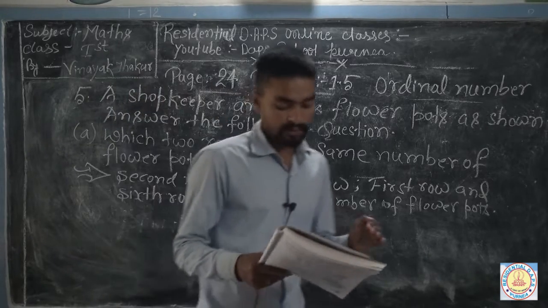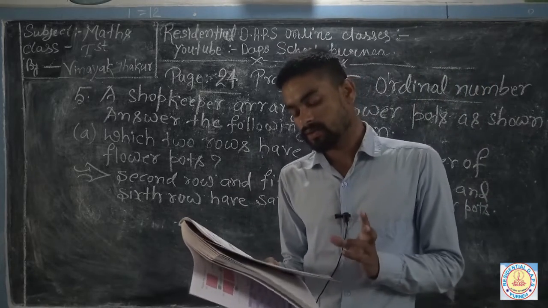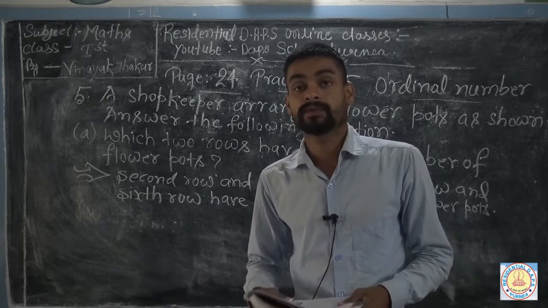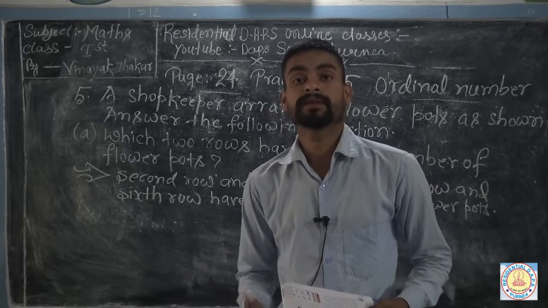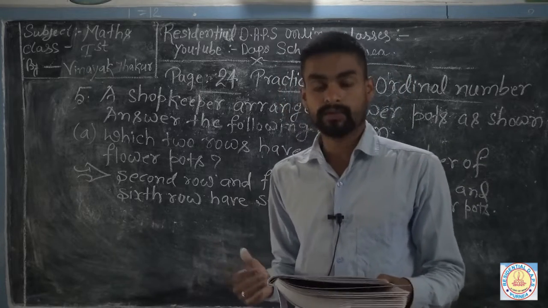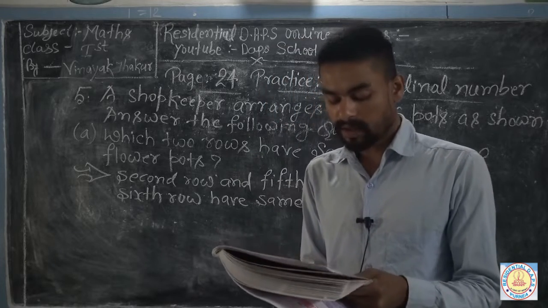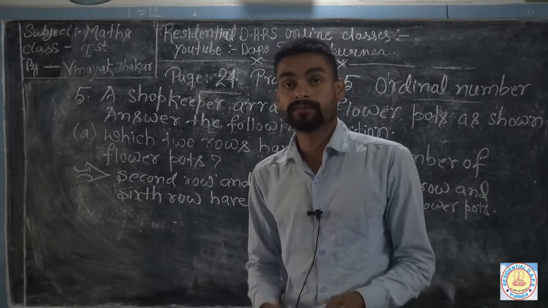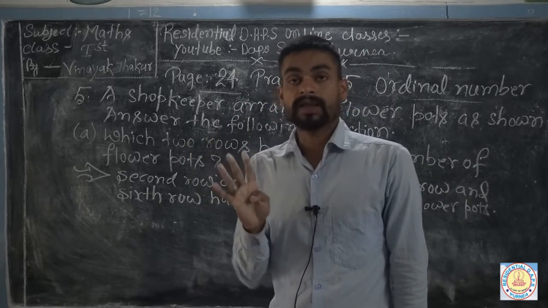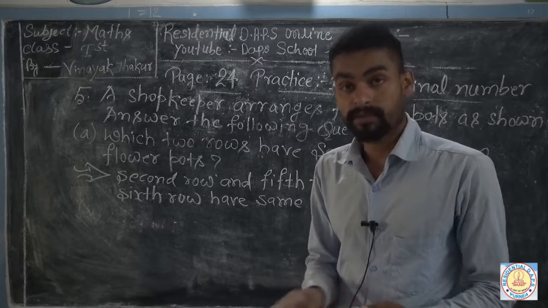So you can solve easily your questions B and C, because it says which row has the highest number of flower pots. Highest, you also know the meaning of highest, सबसे ज़्यादा किसमें है. This is your second question's answer. And then find the number of flower pots in the fourth row. चौथे नंबर में चौथे जो कतार हैं उसमें कितने फ्लावर पोट्स हैं ये आपको फाइंड आउट करने हैं. तो ये 2 क्वेश्चन आप सॉल्व करेंगे.